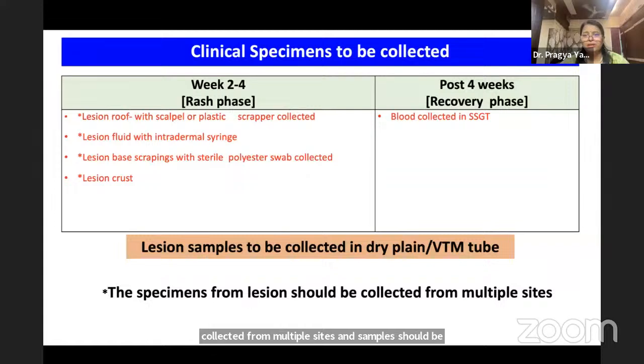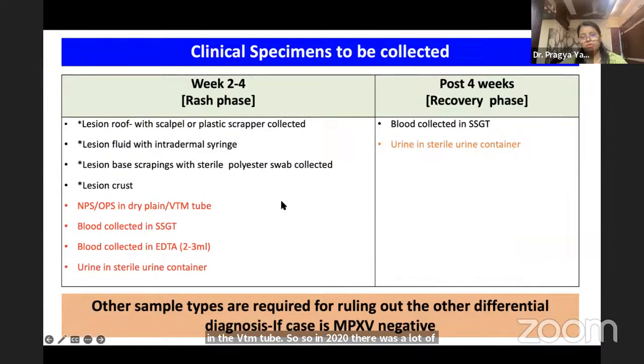Samples can be collected either in a dry tube or in VTM tubes. In 2022, there was a lot of discussion: should we collect in VTM or dry? Experimentation was done, and it was found that both ways we can test and get positivity. So if the cases are in the rash phase, between week 2 and 4, we can collect